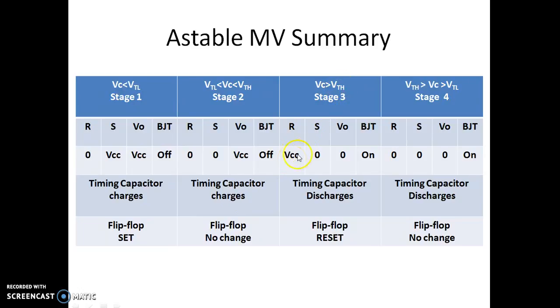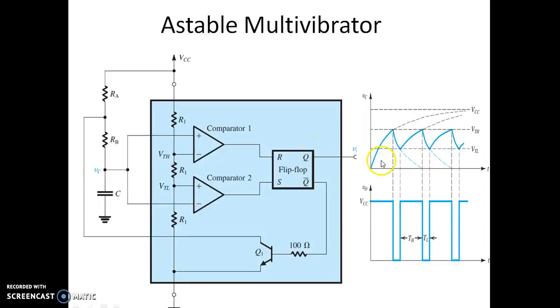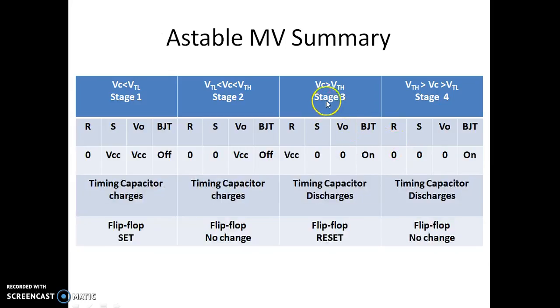Once it resets the flip-flop, the output becomes 0. As soon as the output becomes 0, the BJT turns on. Now the capacitor starts discharging. As we saw in the previous waveform, this is the position where the capacitor started discharging. On its way towards 0,